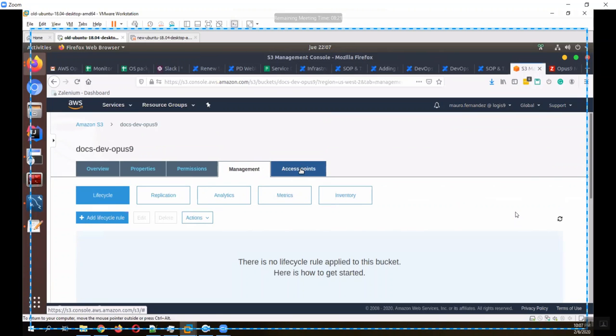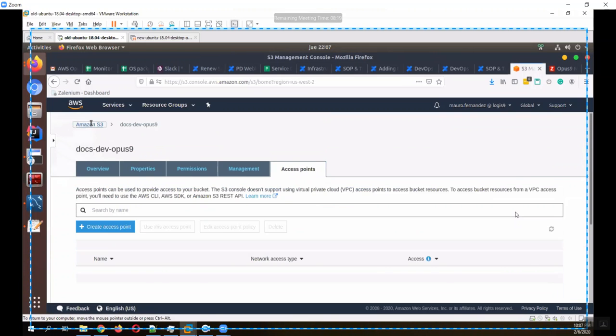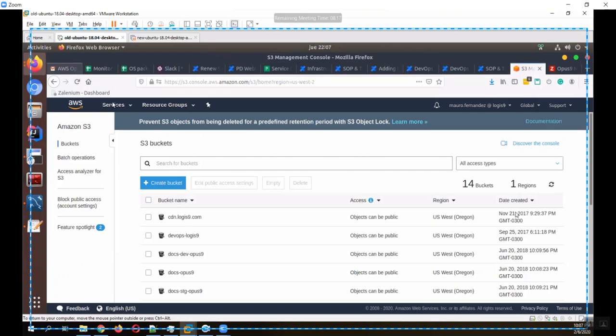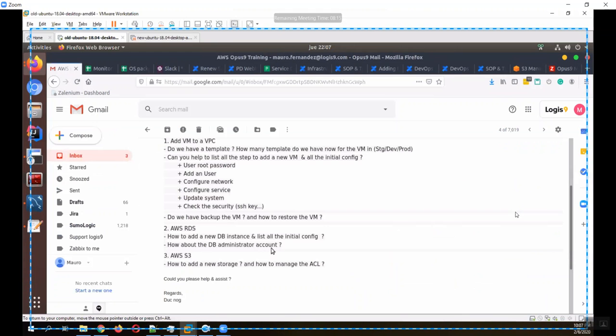Management, access control, that is also default. Exactly, we don't have anything weird or use some template to create a database, instance or S3 bucket. Also, we are not creating a new bucket on S3 very often